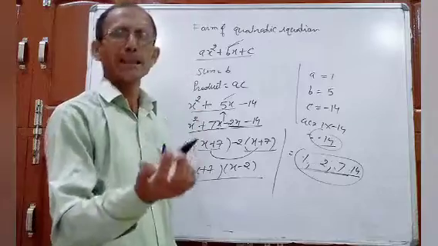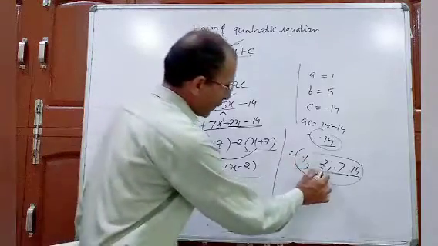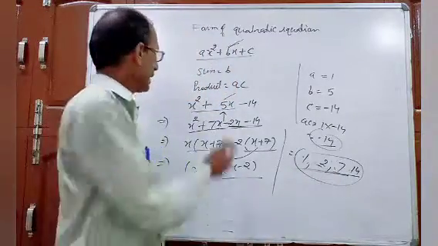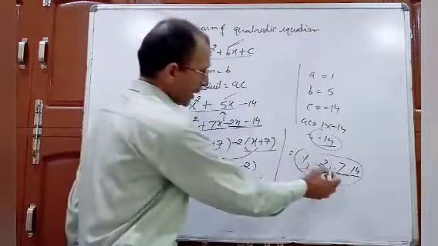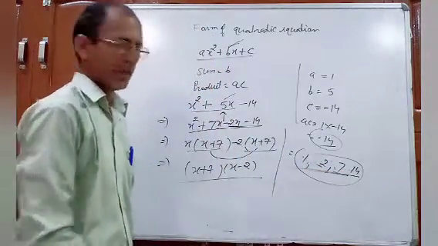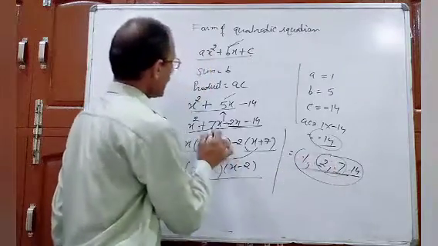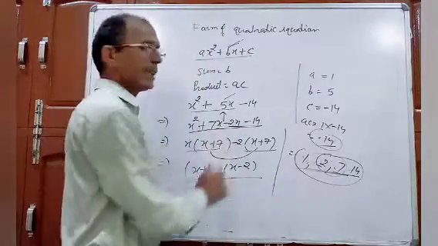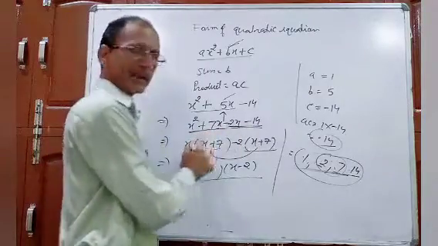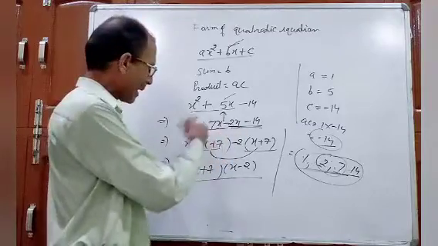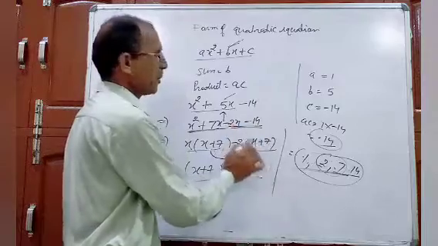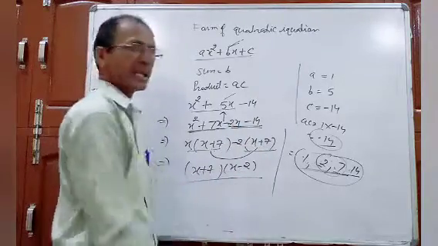Now we have to select the sign also. If I take plus 2 and minus 7, then the result will be minus 5. This is also not right. The result will be right if I take plus 7 and minus 2. So from this I select these two, with 7 plus and with 2 minus. Now I will explain the same thing again. From this, x common, x plus 7. From this one, minus 2 is common, x plus 7. So x plus 7 into x minus 2.